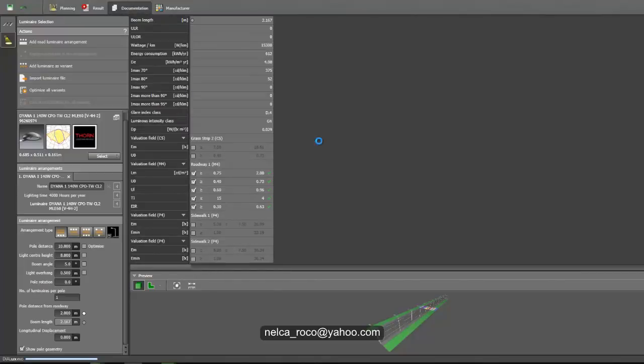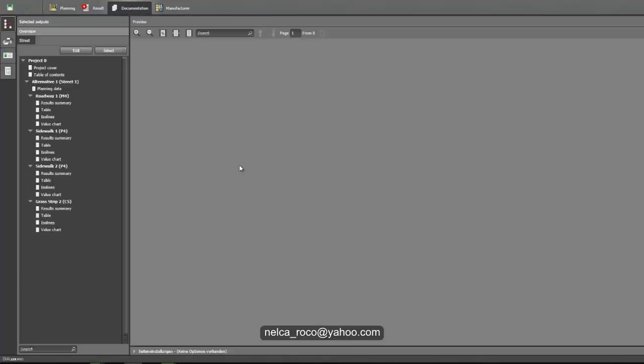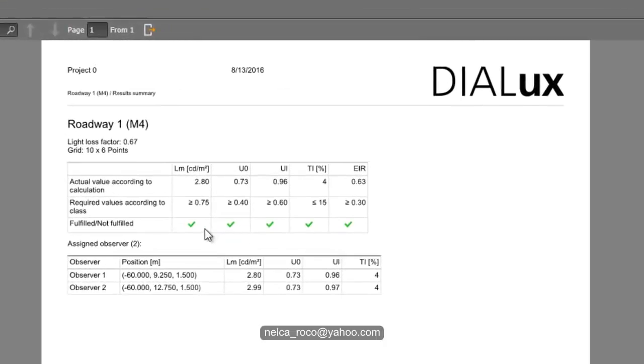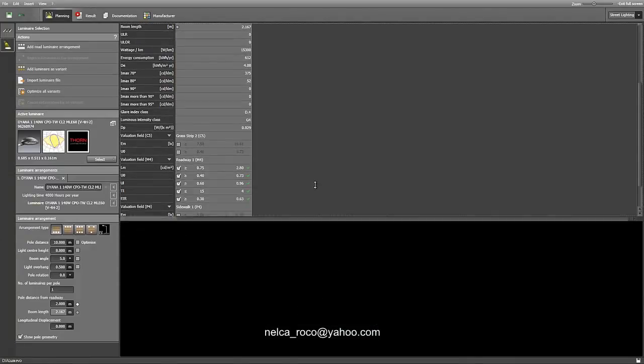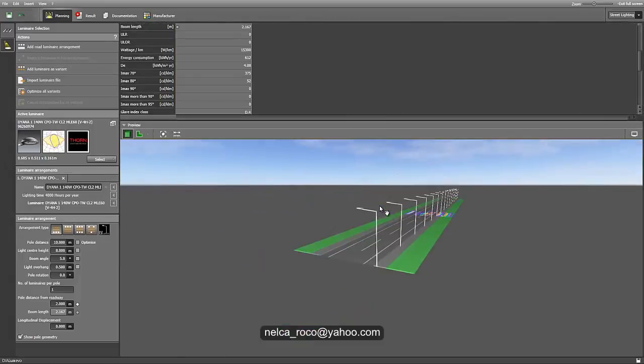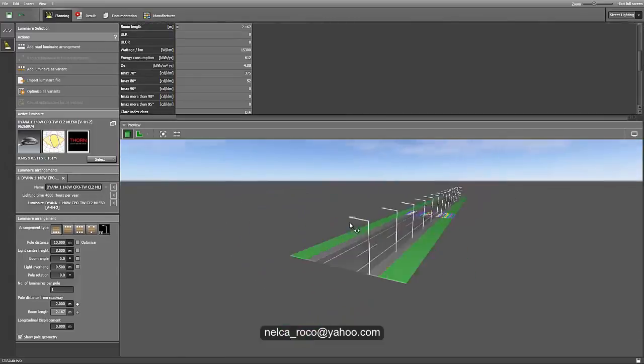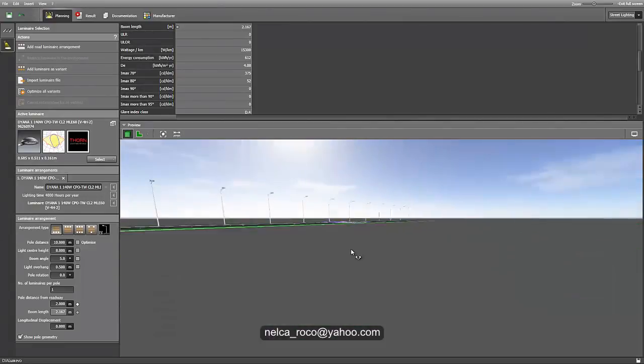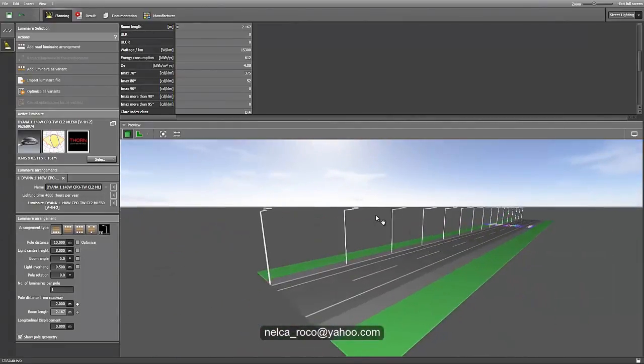Let's go and check in the documentation. And let's check the summary results for the roadway, and it's all checked. So we are so fine. Okay, so we calculated properly the 10-meter spacing of luminaire with the 8-meter height pole and 140 watt metal